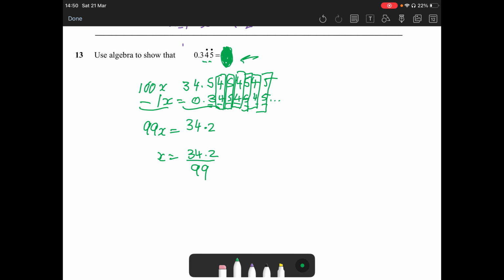A few ways we can get rid of this. Times everything by 10, top and bottom. 342 over 990. I have timesed both top and bottom by 10. Now I'm going to cancel out. They're both